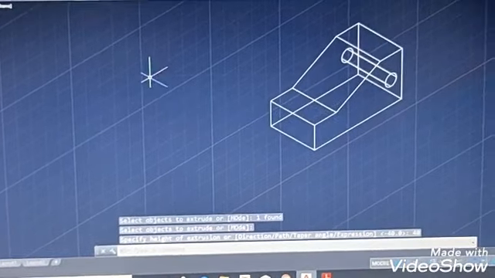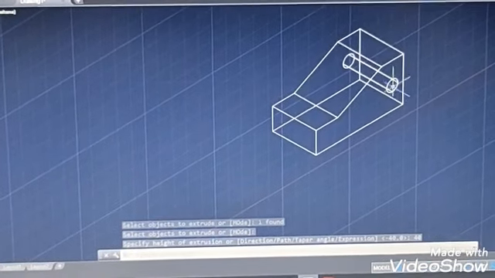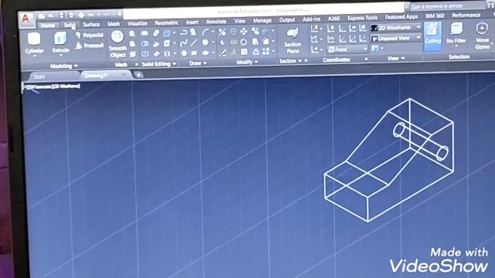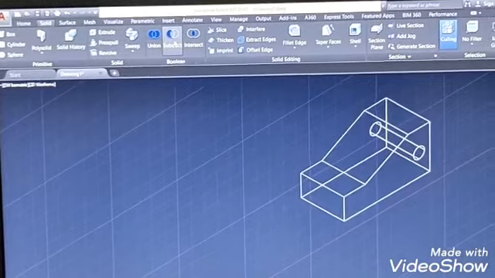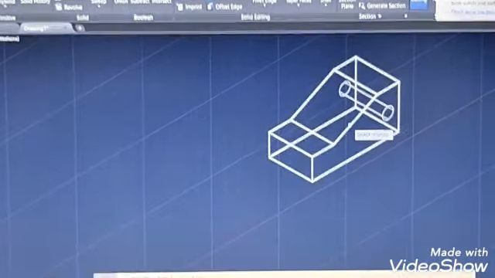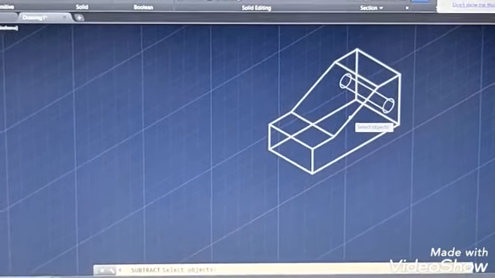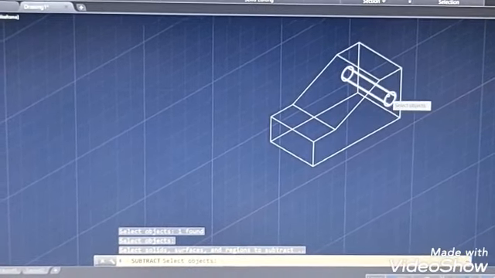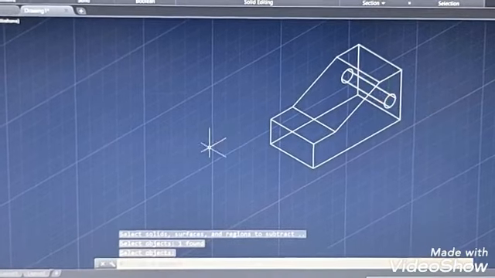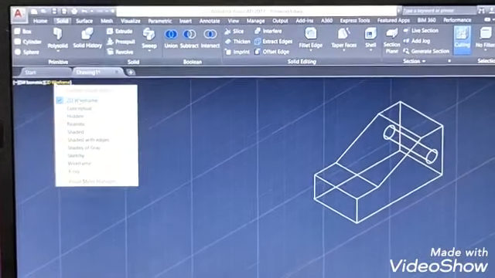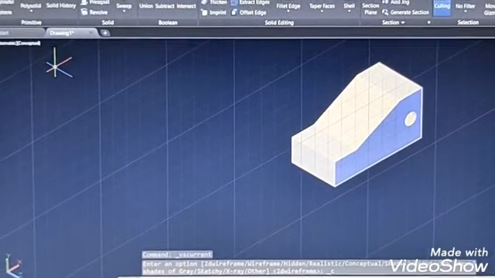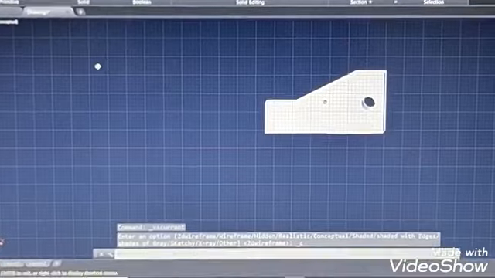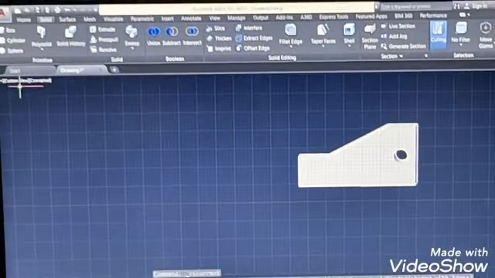Okay, now we have to make it as a whole. In order to make it as a whole, we have to use separate command. So go to solid, select separate. Okay, then select the bigger object. This is the bigger object, select it first, press enter, then select the smaller object, press enter. Okay, now if you see in the conceptual view, the holes will be clearly visible. You can see here the hole has been made. Okay, so now we again go to front view,